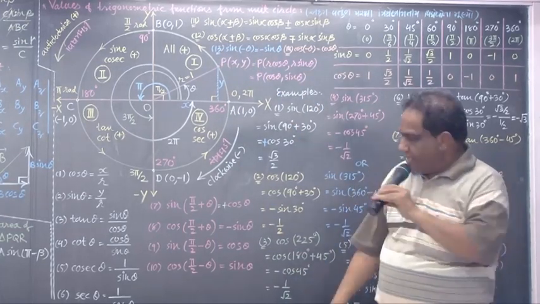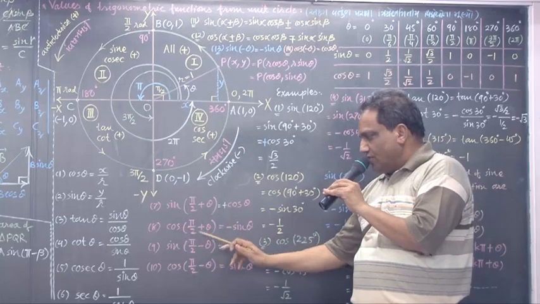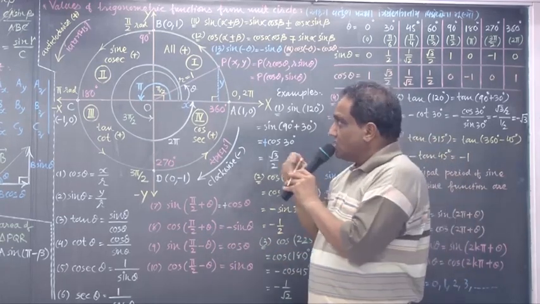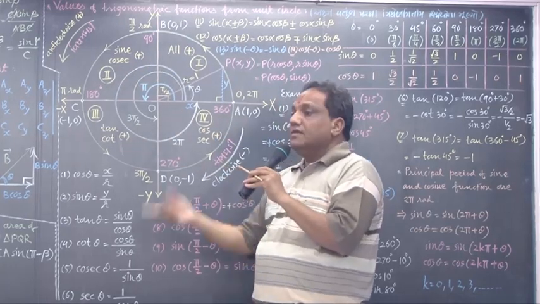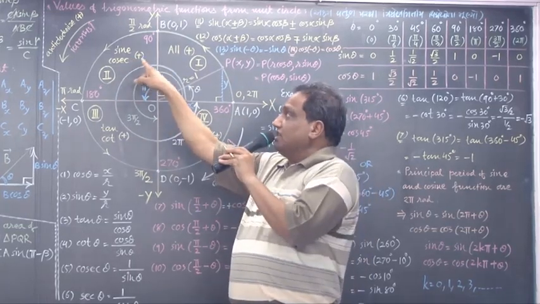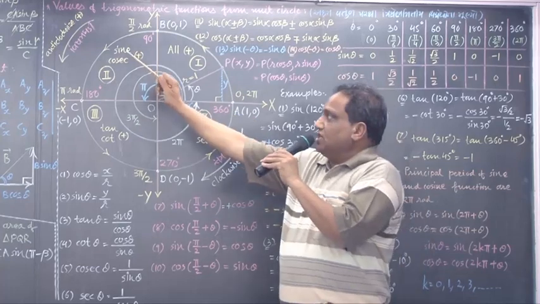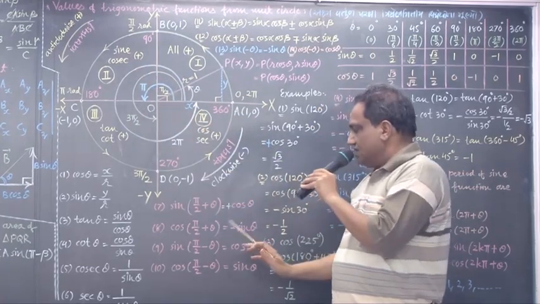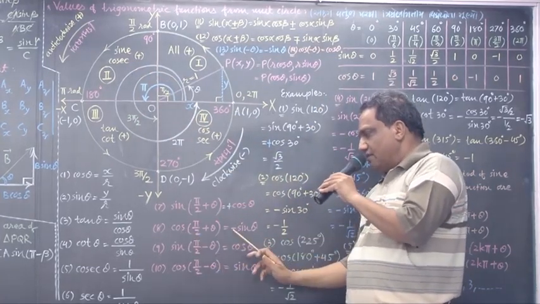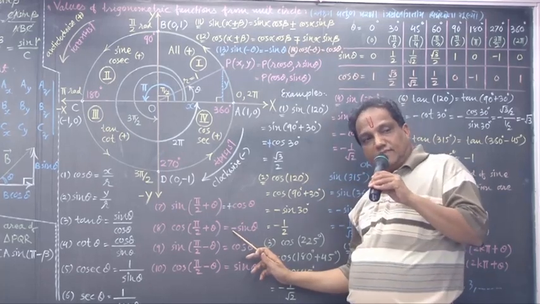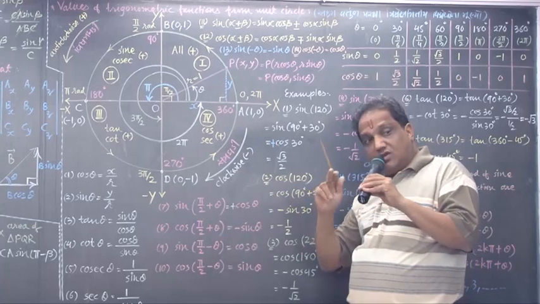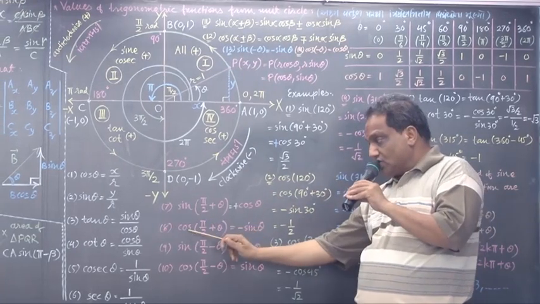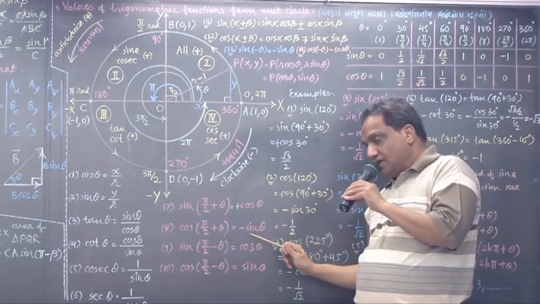Got it? Now suppose I want cos of pi by 2 plus theta. Look, pi by 2 plus, where are you? In the second quadrant, where the cos function is negative, because only these two are positive. So I put a minus sign. What is the coefficient of pi by 2? 1 means odd number, then cos should be converted into sine: minus sine of theta.